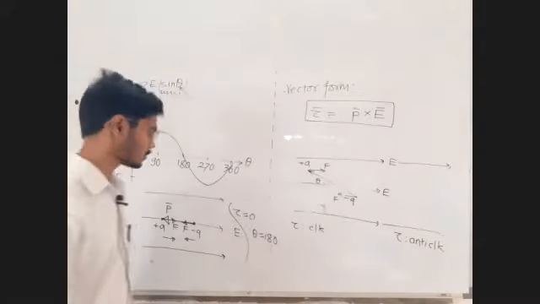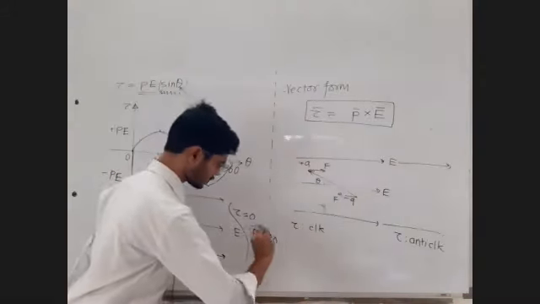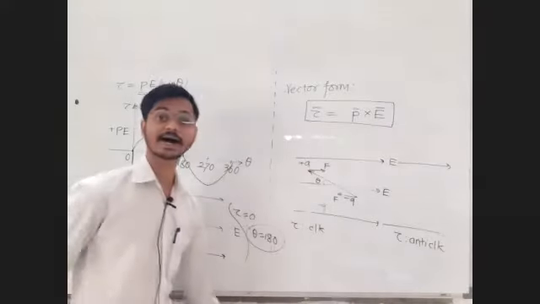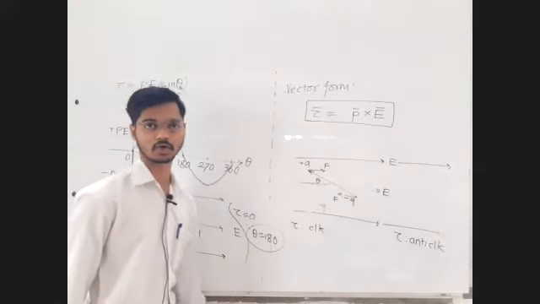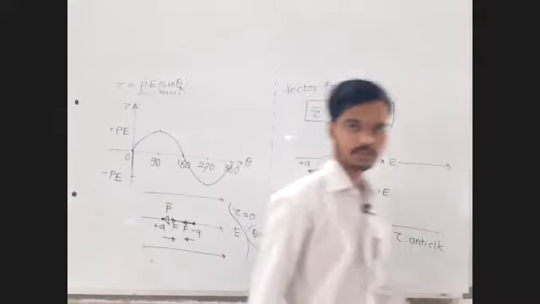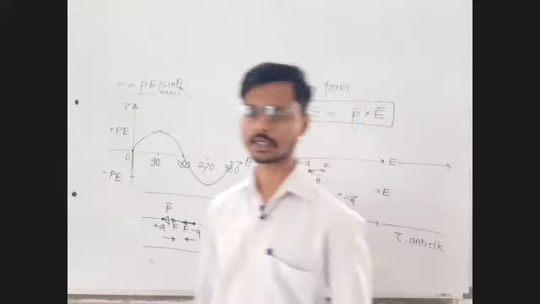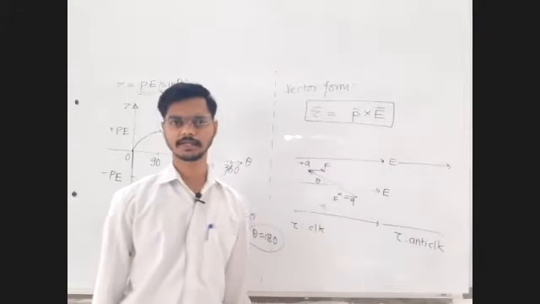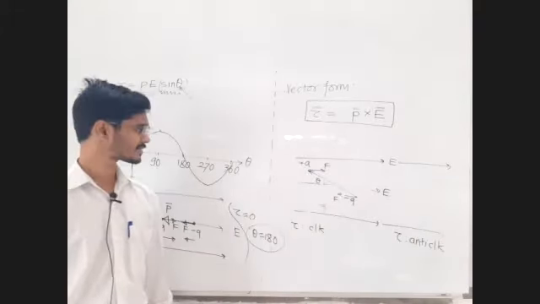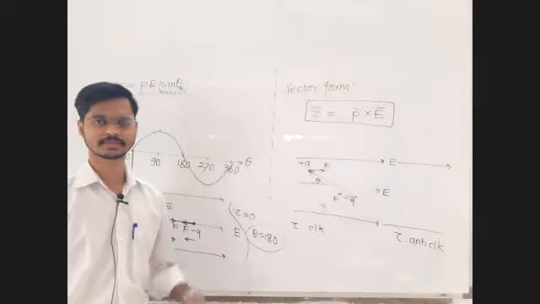Reply me in the chat box. Why theta is equal to 180 is called as unstable equilibrium? Clear to all of you? Theta equal to 0 stable, theta equal to 180 unstable. Expecting reply from everyone. These are some critical concepts, I know, but let us discuss it. Let us take time. Let us discuss it.